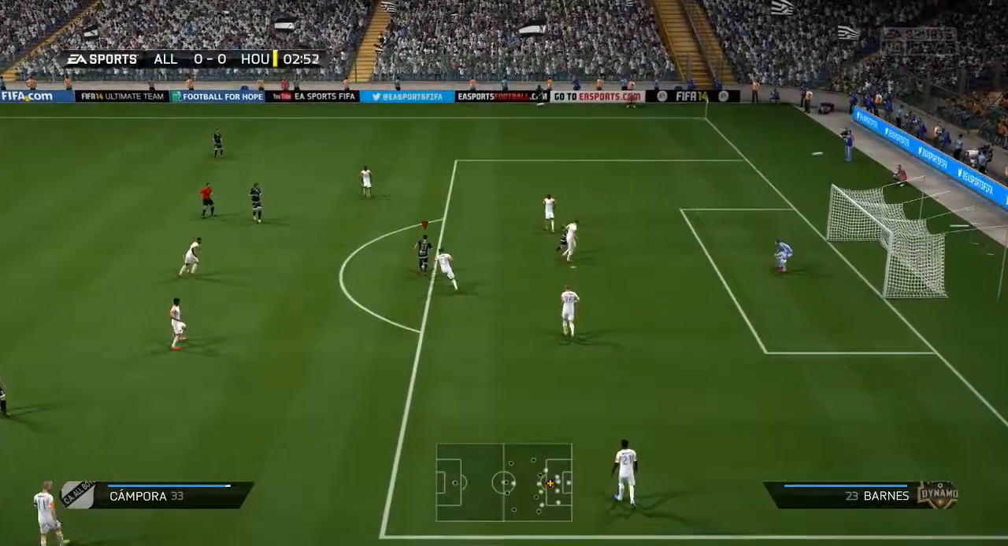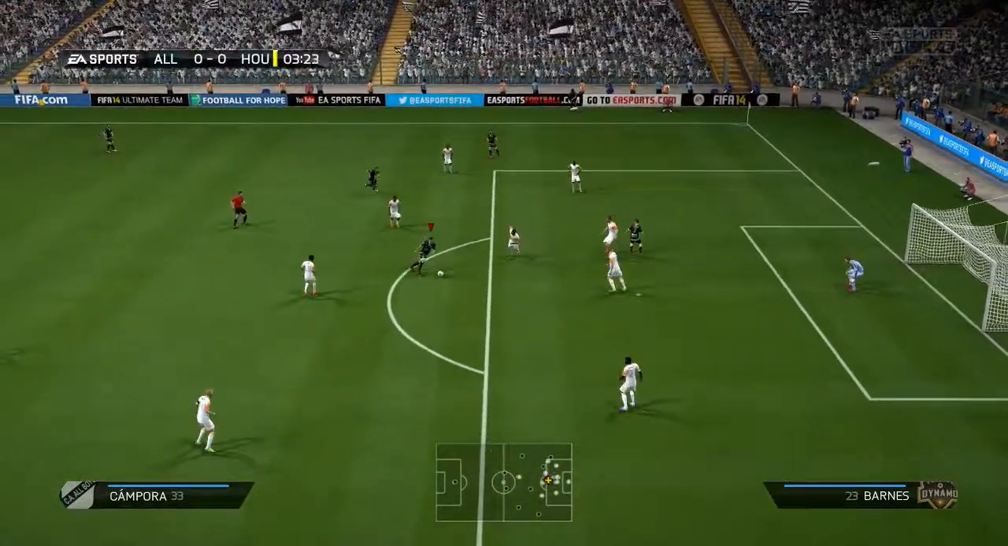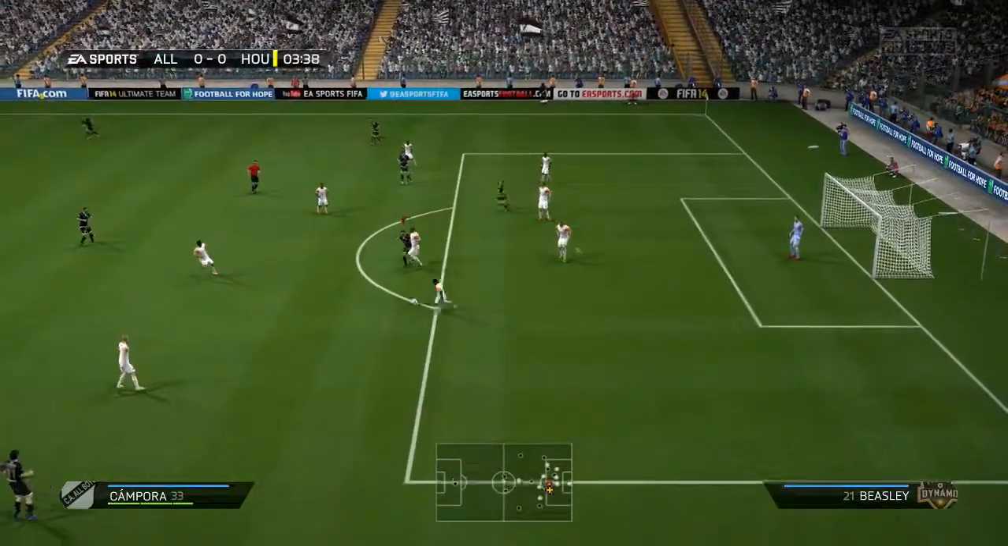And it could be a goal. And it goes for goal, and a player gets in the